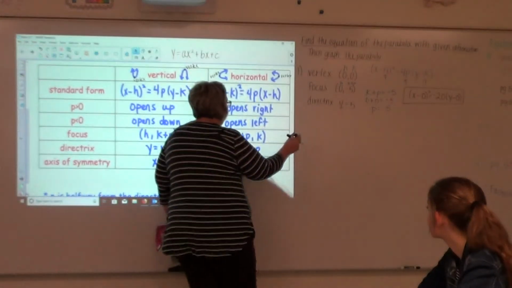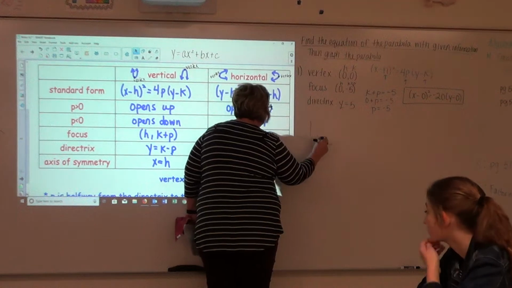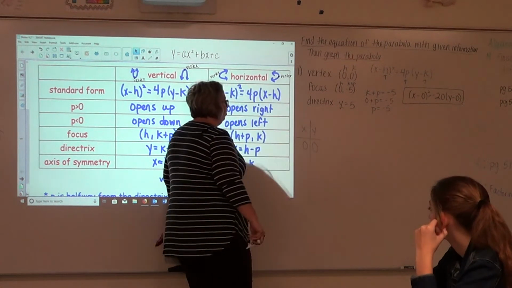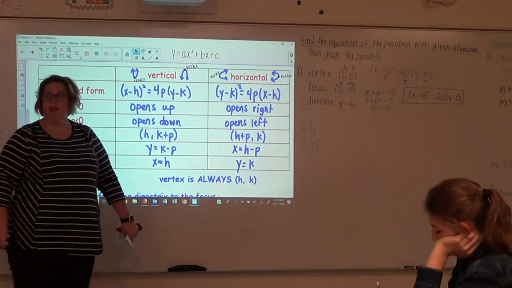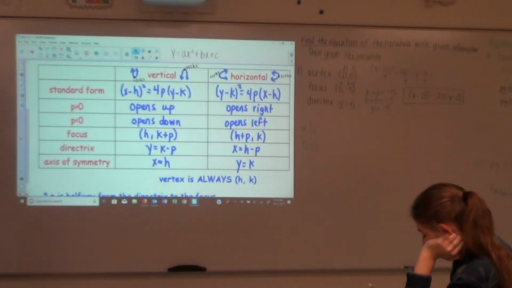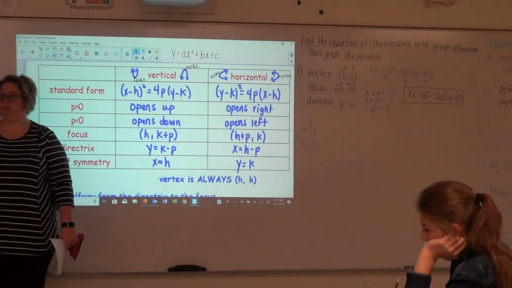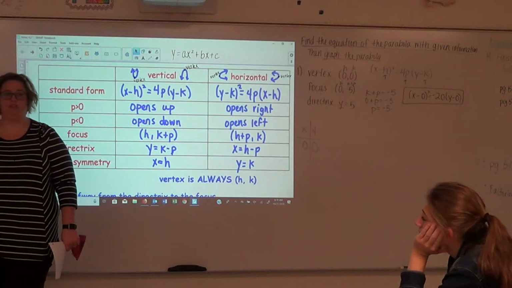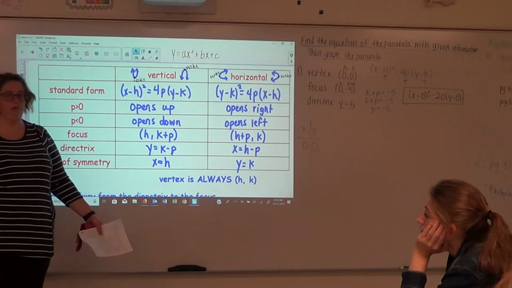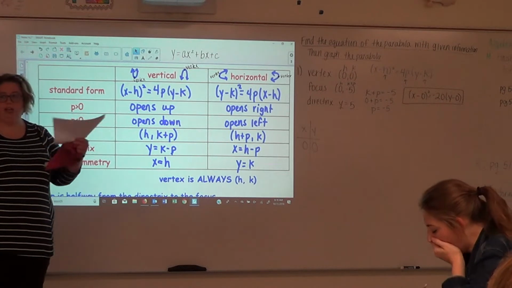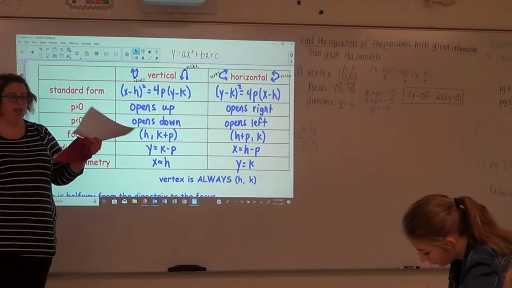So, 1 point I automatically know is 0, 0. How do I know that point already? Because it's the vertex, okay? Then I would pick which variable is squared, x or y? X. I would put numbers in for x, because if you put numbers in for y, then you have to do square roots, and no one wants to do square roots, okay? Pick a number on either side of your x and plug it in,